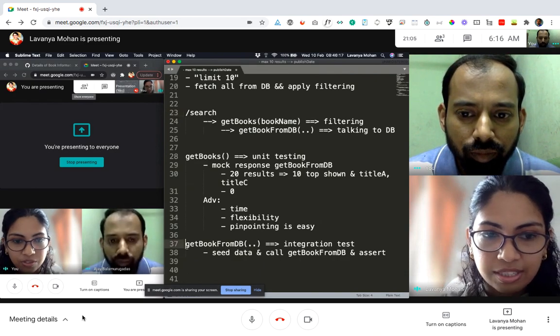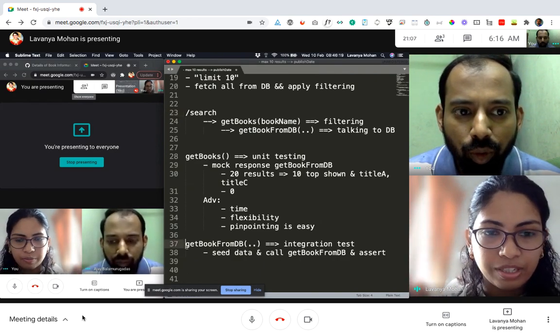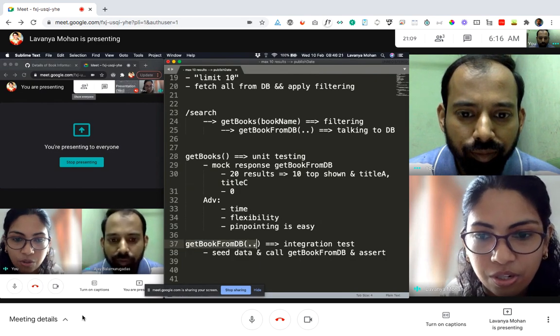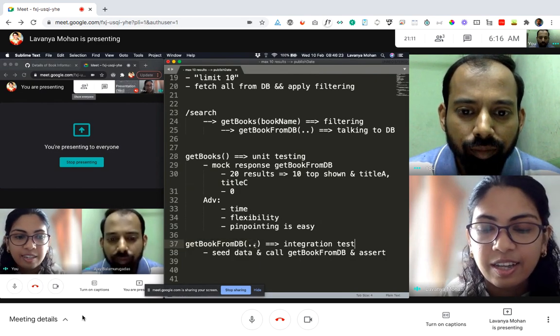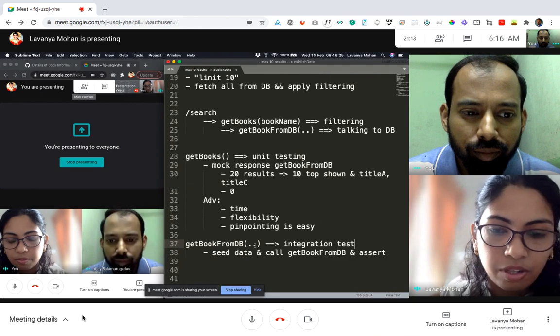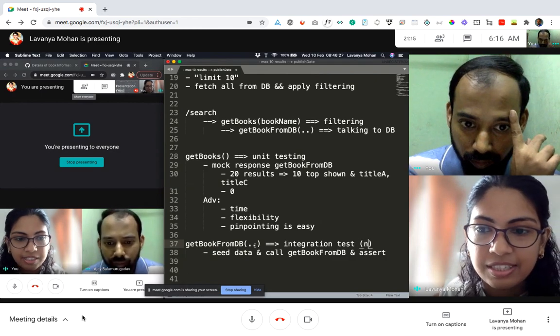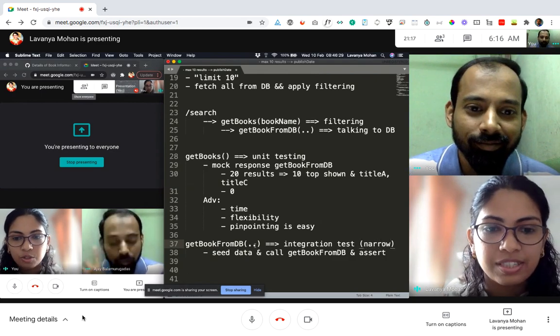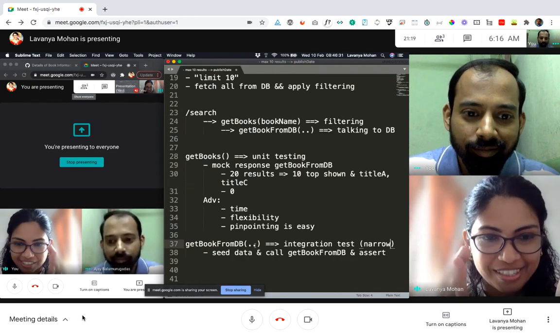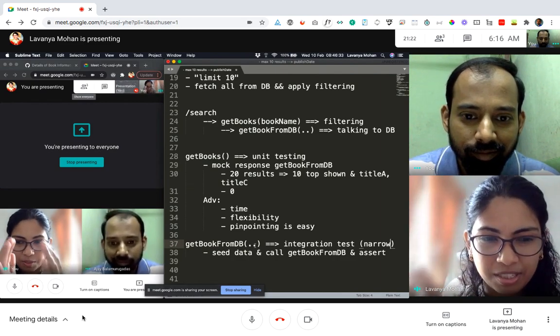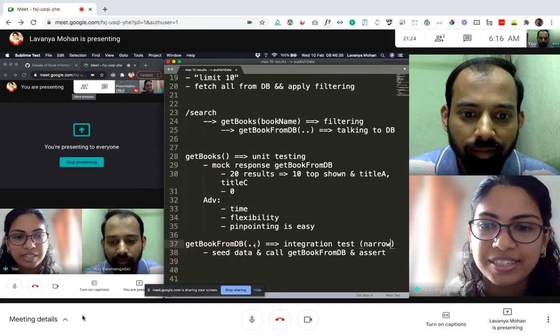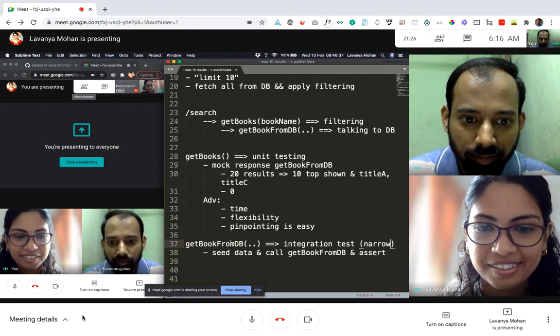But this also, since they are two different checkpoints in some sense, is also called an integration test. And I think one of Martin Fowler's blogs classifies this as a narrow integration test. Since it's not covering the entire scope, but just from the server to the actual DB, a little bit smaller scope, they call it a narrow integration test.